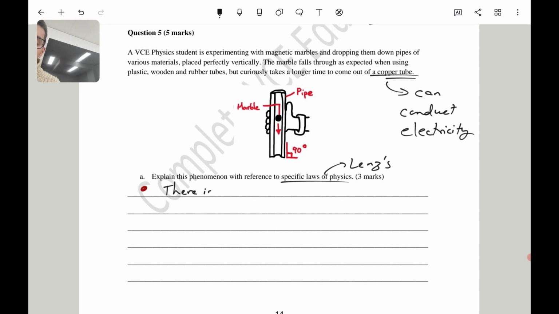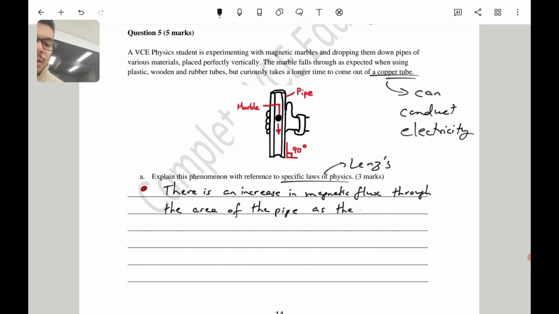All right. So we can say that there is an increase in the magnetic flux through the area of the pipe as the magnet approaches the pipe. Okay, perfect. So now, according